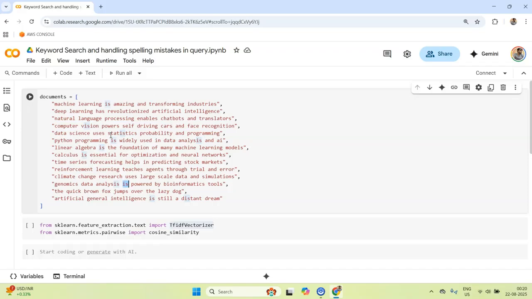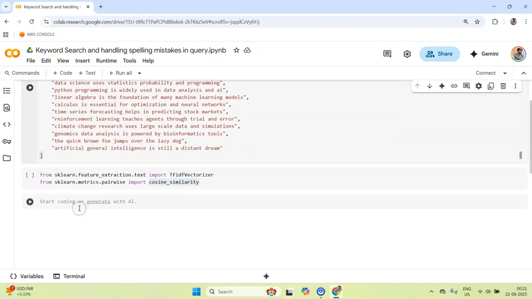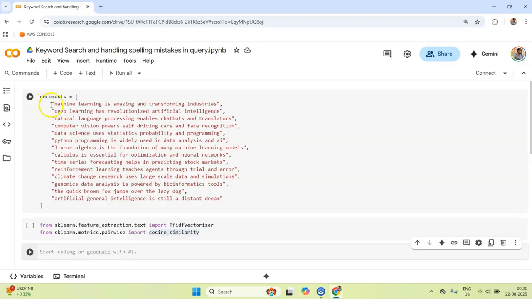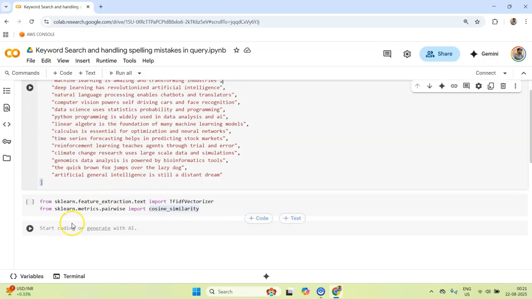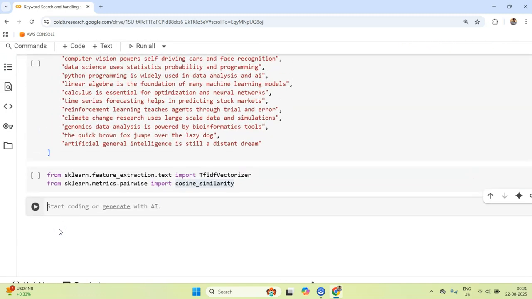Okay, and then cosine similarity is something that we are going to be using to compute the similarity between two vectors. So essentially what happens is in the TF-IDF based vectorizer, we take each of our documents and convert it into a vector. Without doing any further talking, I think I should start with coding so that you can see what exactly we get.